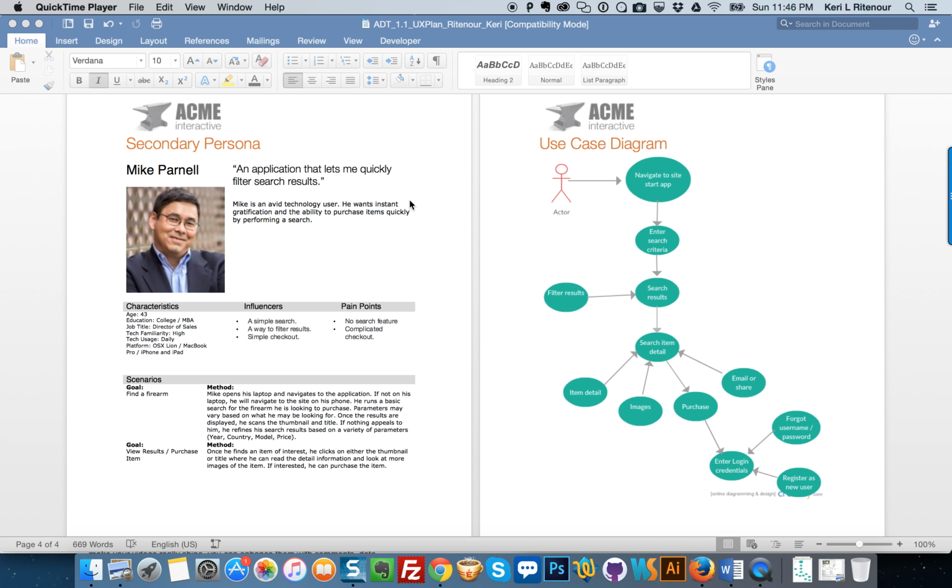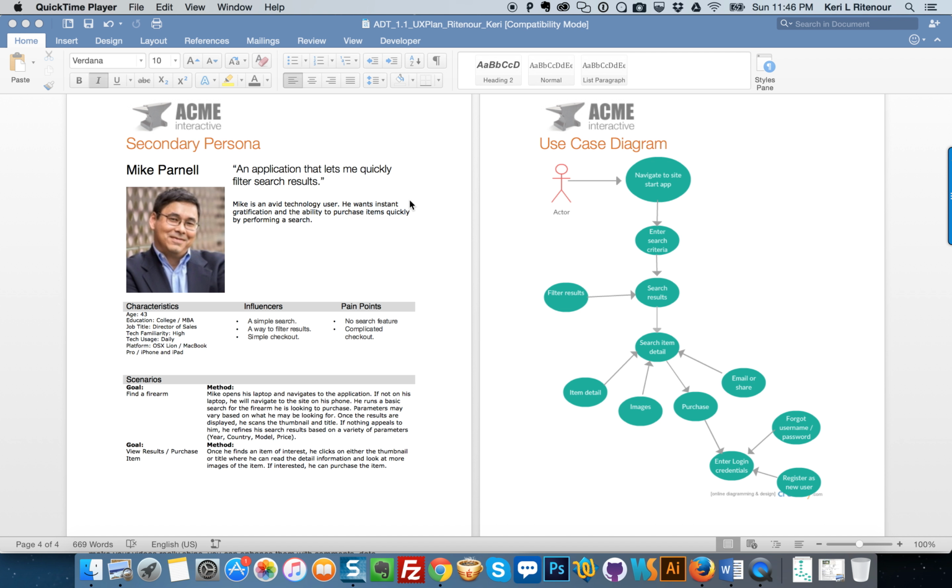Mike is an avid technology user. He wants instant gratification. He wants to find something quickly and purchase it. He wants to be able to do the search in a simple way, filter it, and then check out. He doesn't want a complicated checkout, and he finds it rather complicated to search for a gun on a site that doesn't have a search feature.